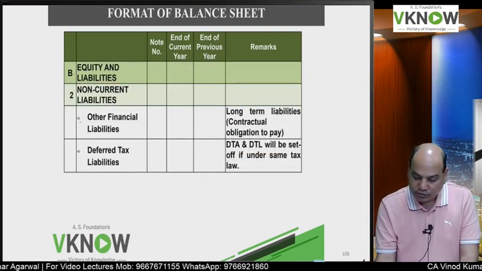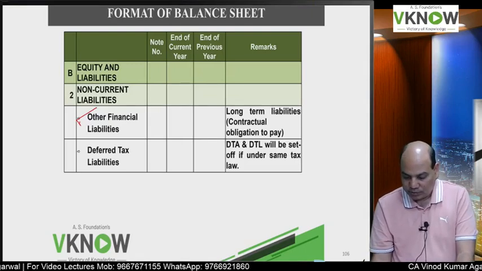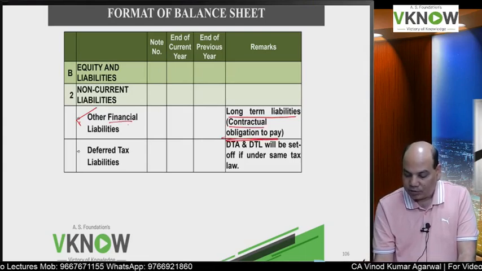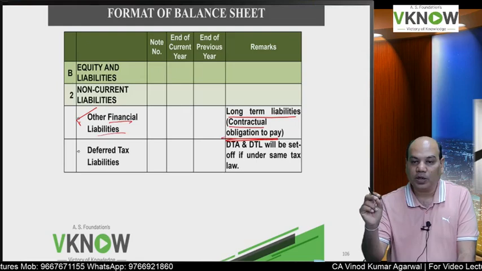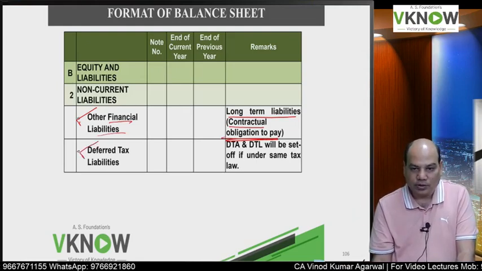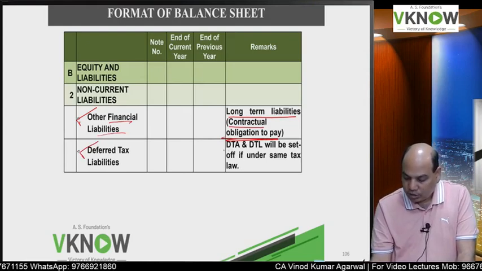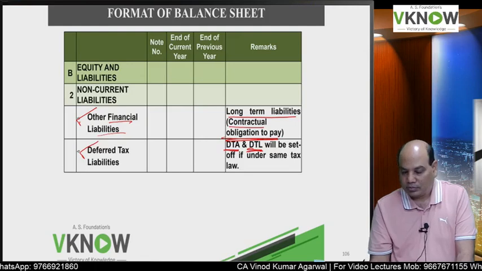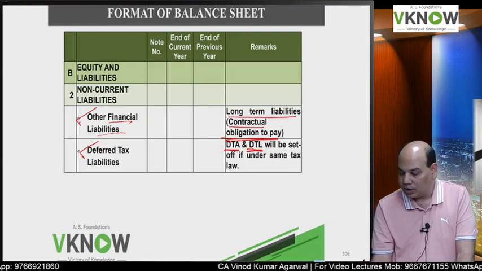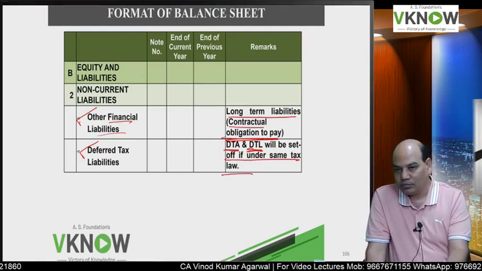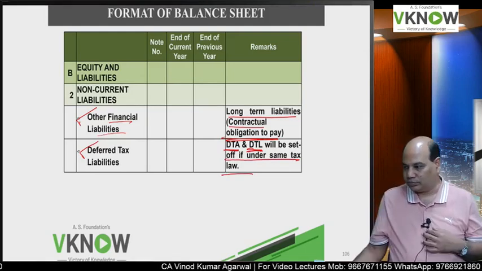Then next item is other financial liability. Long term liabilities, that is contractual obligation to pay. Financial liability means contractual obligation to pay cash. Deferred tax liability as per Ind AS 12. However, if you are getting both DTA and DTL, as per Ind AS 12, it can be set off subject to certain condition. One condition is that